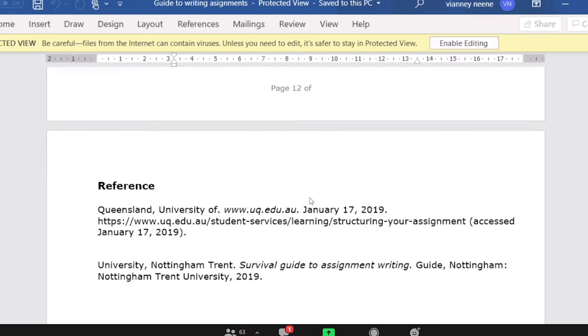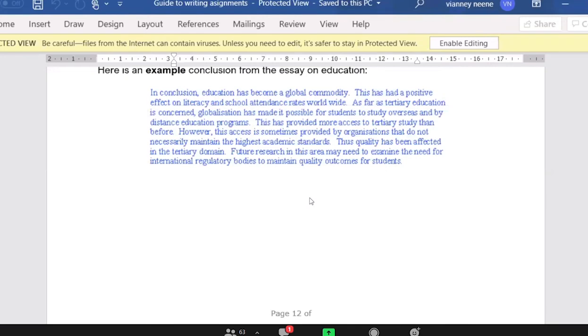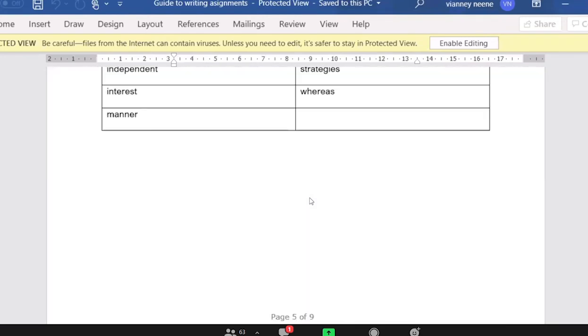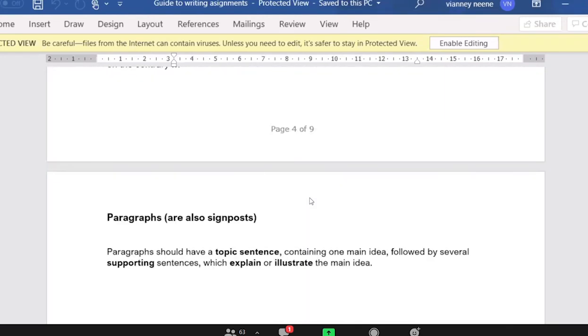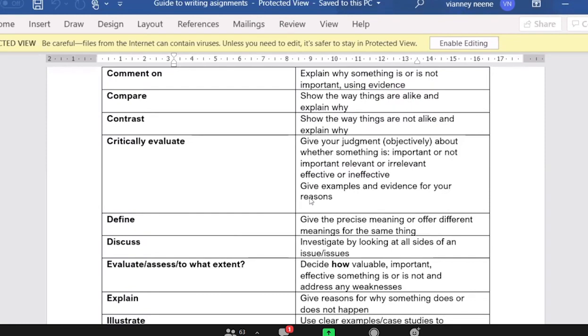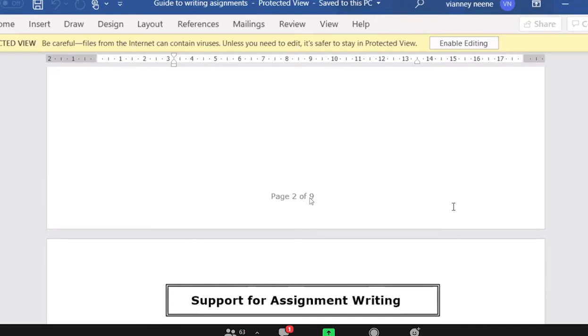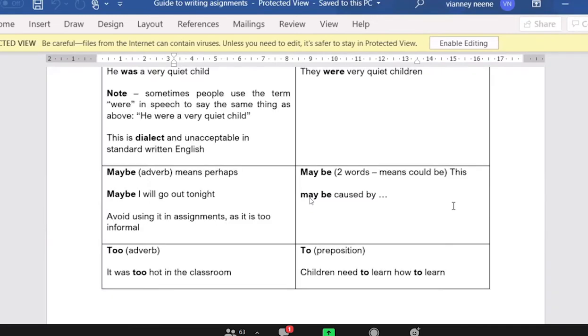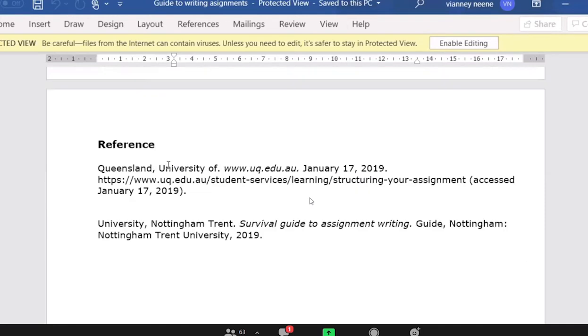So please, go through this assignment guide. It also applies to other courses. You can borrow, this is universal. The references where these were taken from, let me just show you. There's the University of Queensland in Australia, as well as the University of Nottingham in the UK. So now let's go back to our